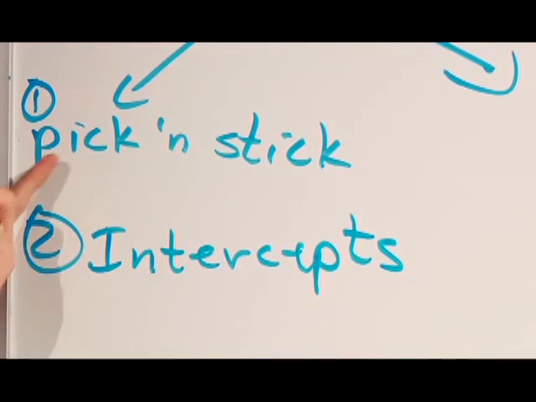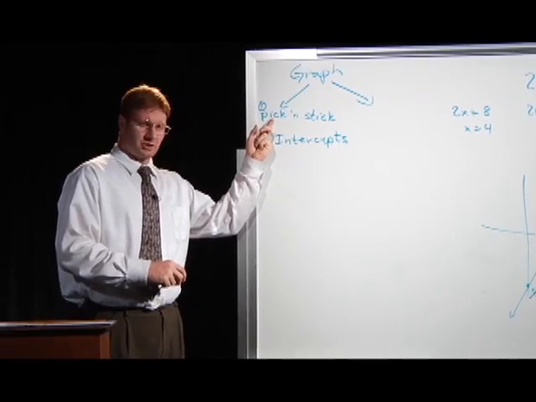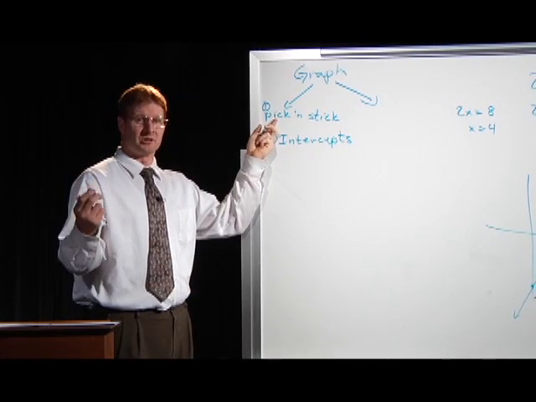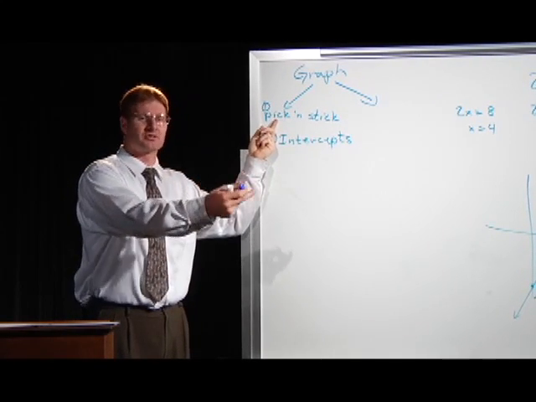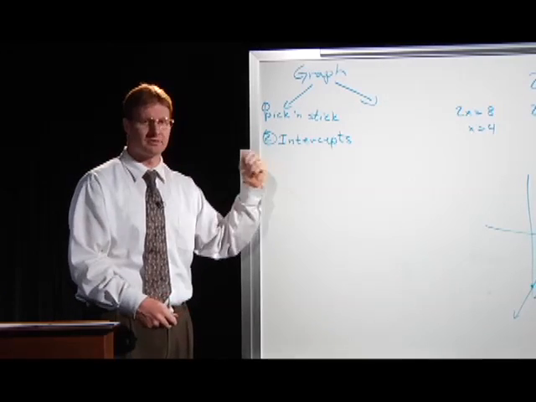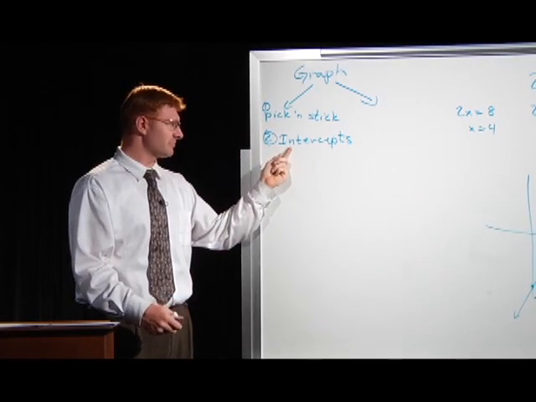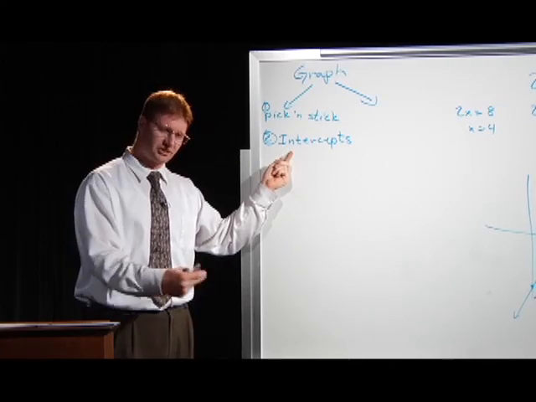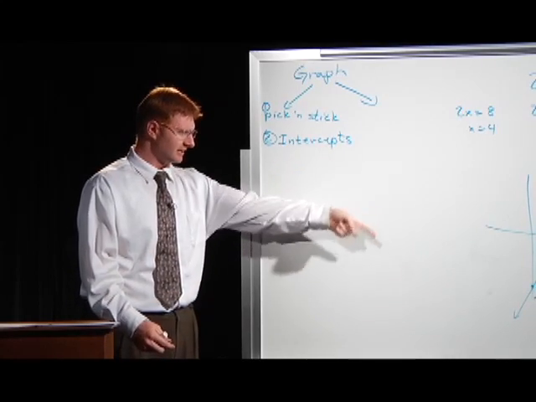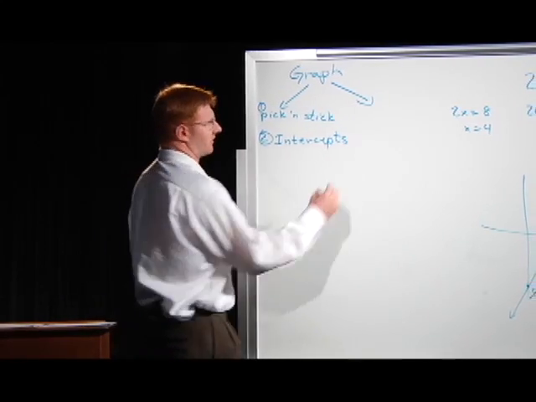And so, in reality, you can think about the developmental process that would go with this one. Step number 1, pick a number. Stick it in for either x or y. Solve for the other one, graph the point. Then you'll repeat. Intercepts: pick 0 for x, pick 0 for y, stick it in, and graph. The other one